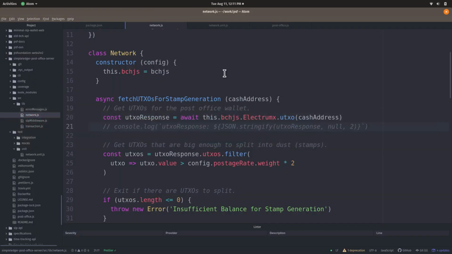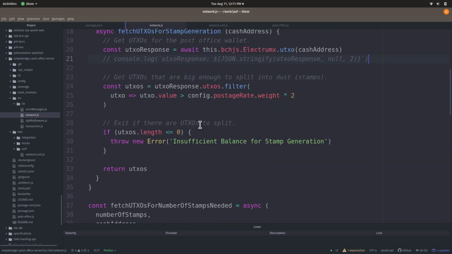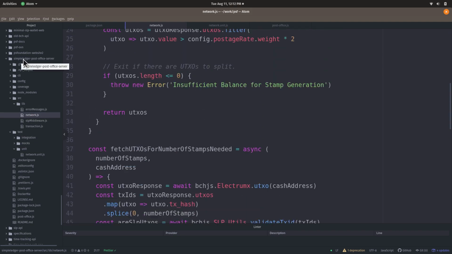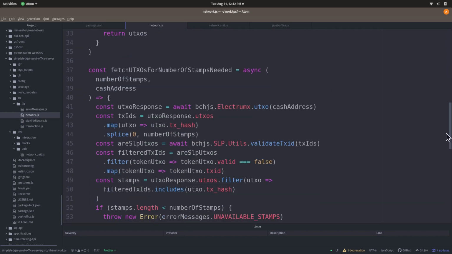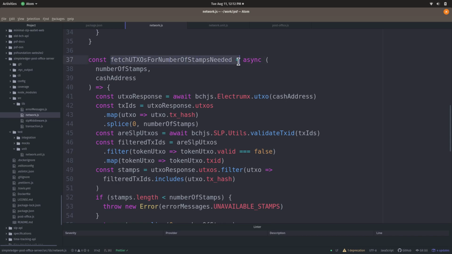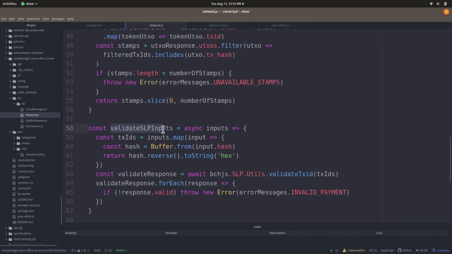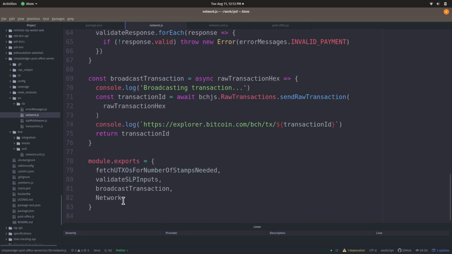So what I'm going to use for example today is this. This is the code. Here's the Simple Ledger post office repo. I'm in the source lib network.js library. So this is a network library. The way this was written is it had all these external functions. This function here, validate SLP inputs function. So see, these are standalone functions. That's why it's const, and then it becomes an arrow function, and then they're exported here as a list of exports. And instead what we want to do is we want to just have one export, which is the class